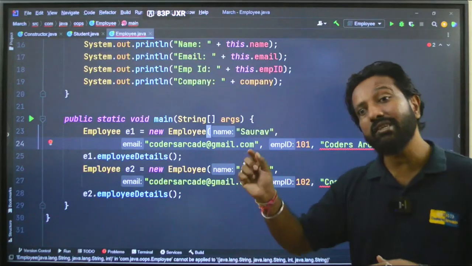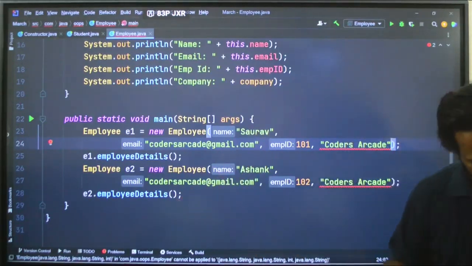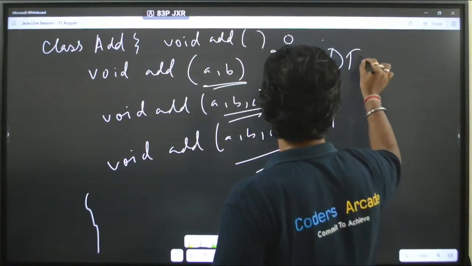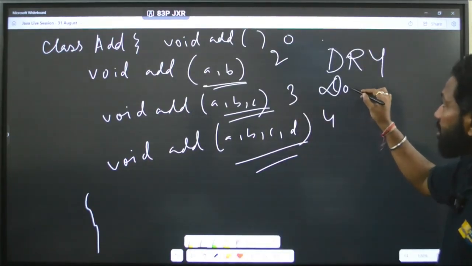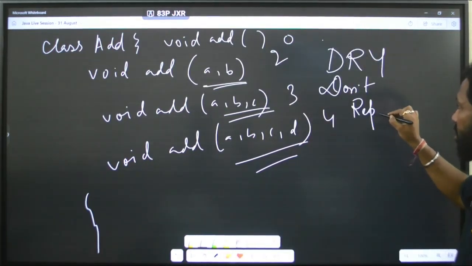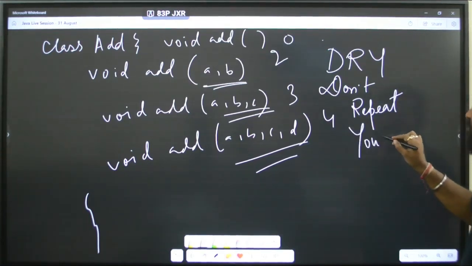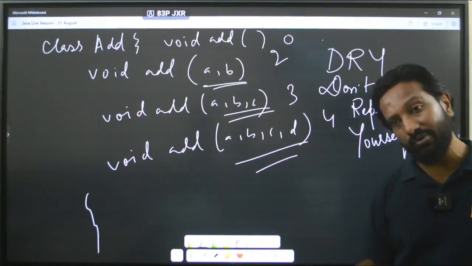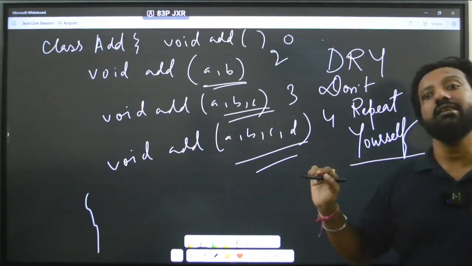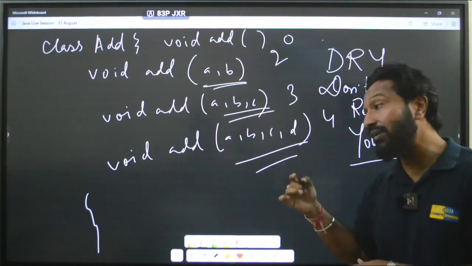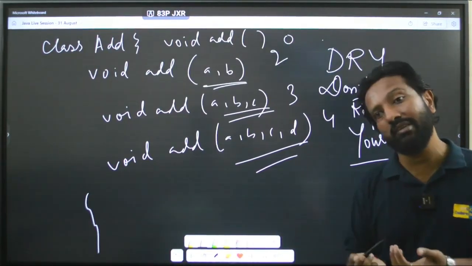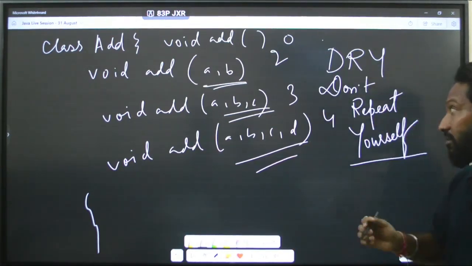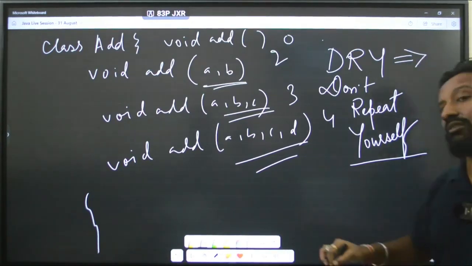And you don't have to even write this manually, because see, what is the most important principle of programming? We people tend to forget this very important thing. It is DRY. Don't repeat yourself. If any day your manager finds you repeating the stuff you were doing, your job is at risk. That's why MNCs are firing candidates, because they need efficient people, not people who are just writing code. You have to be very smart while writing the code. Okay. So don't repeat yourself is the most important principle of engineering.